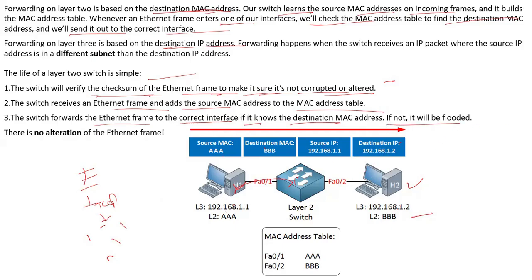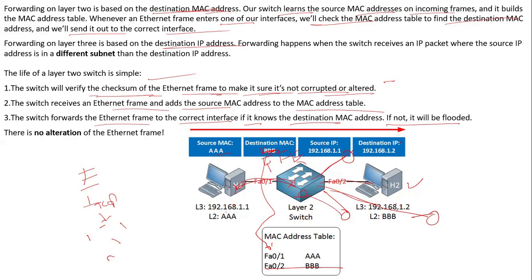Suppose H1 wants to send some data to H2 and there is no MAC entry for now. So I have a couple of links here and all are connected. Some of the computers are connected. And when the Ethernet frame comes here, the source MAC address is H1's and the destination will be, in that case, broadcast, FFF. Okay, then switch will make the entry for H1